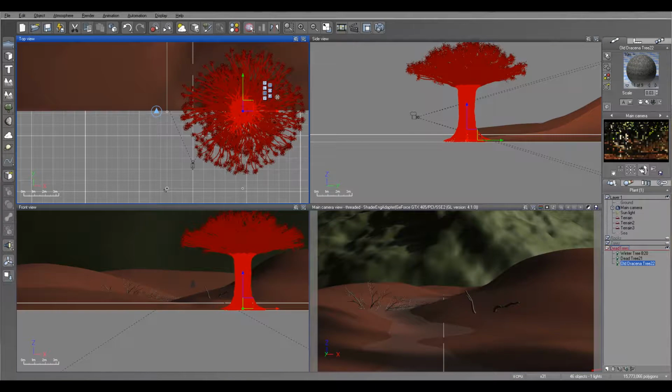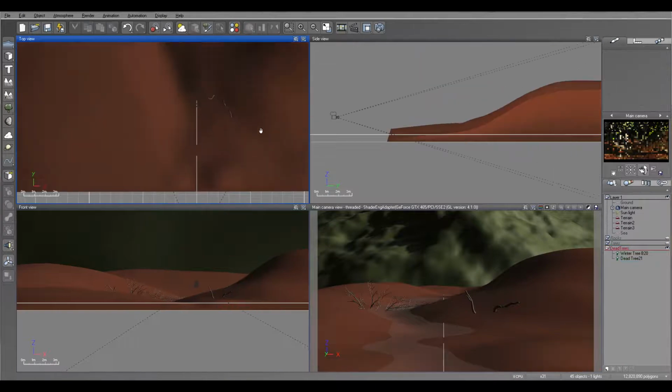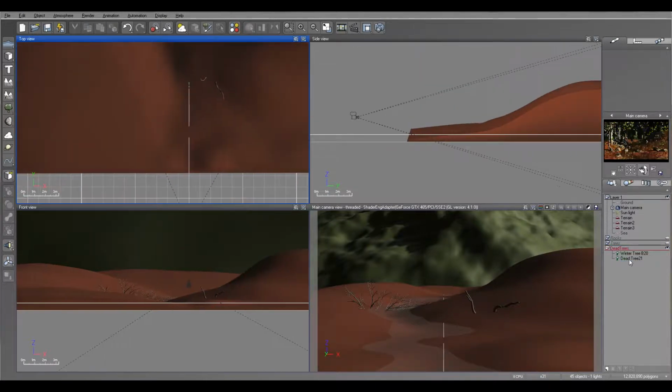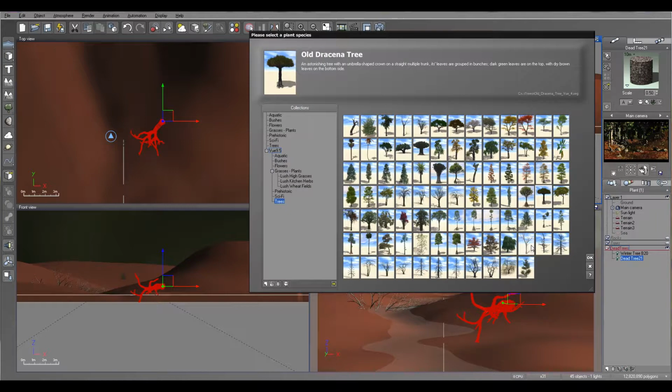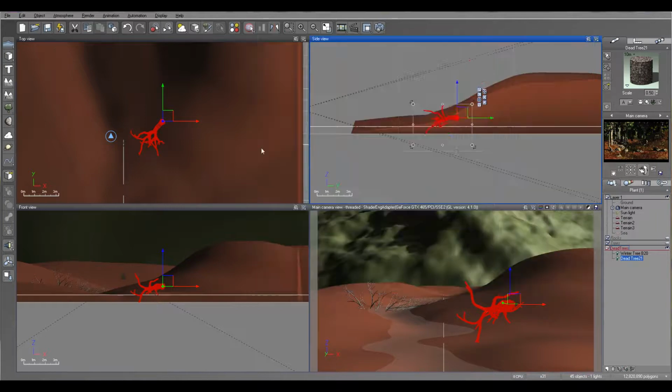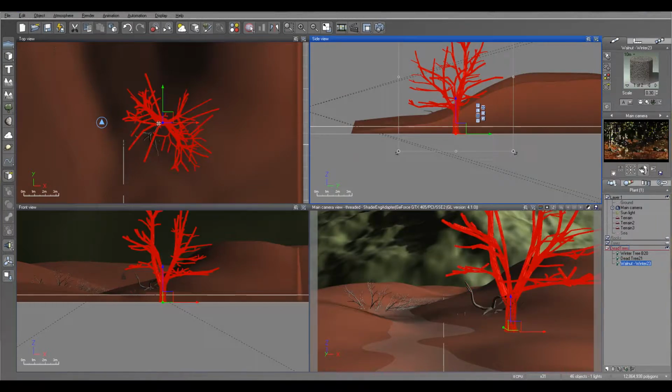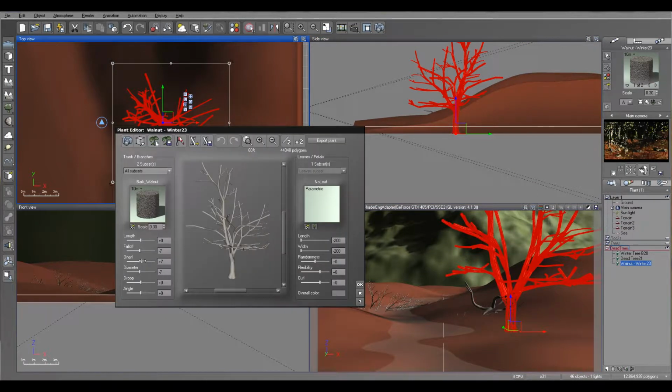Actually, you know what? Let's delete this. I'll do it after. More trees right around that area. Let's go see what we have. We have this nice walnut winter tree, which can be that tree, but for that one we'll go edit. We'll add it now, make the diameter smaller, so almost, let's see,